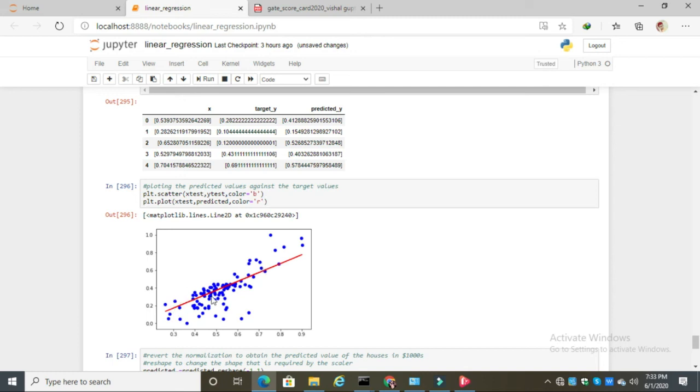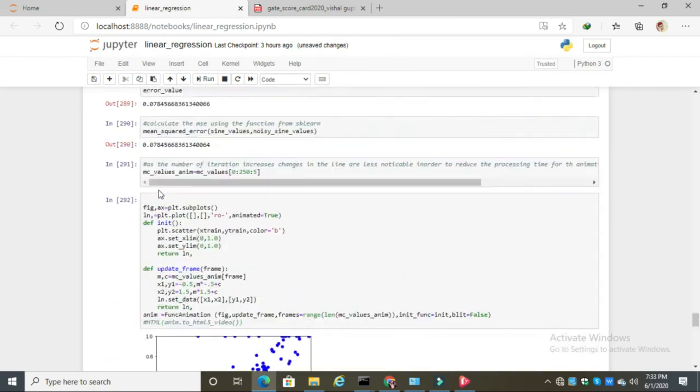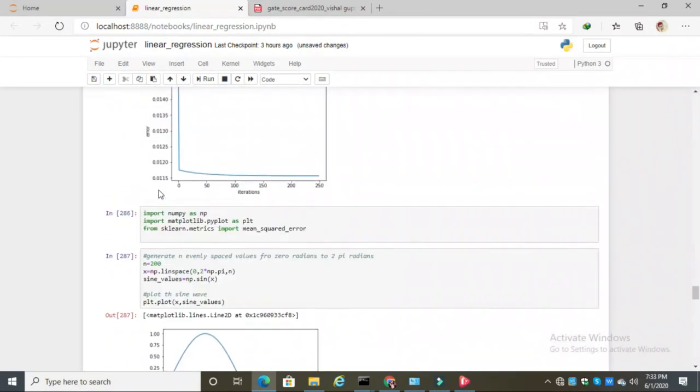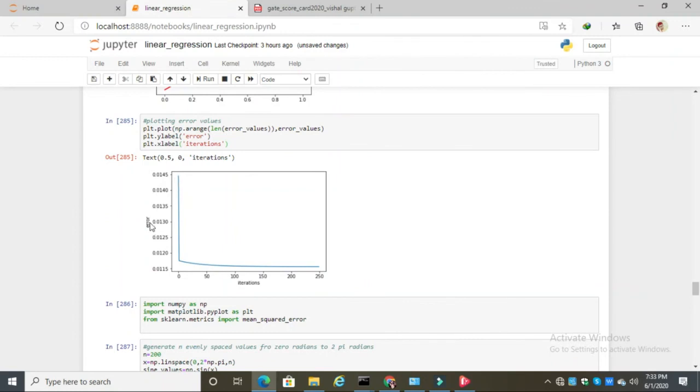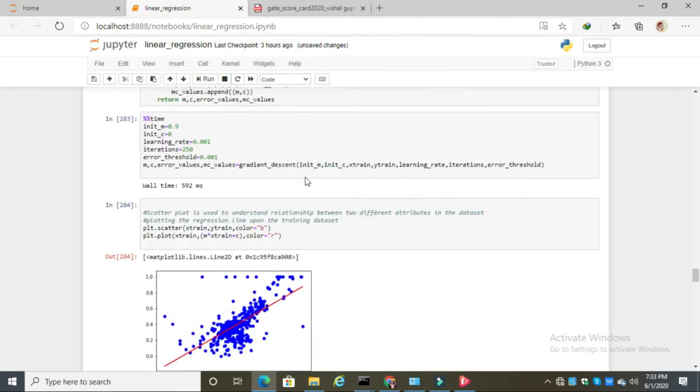That's why we are getting the positive slope here, and the predicted mean squared error is 0.015. And see, the curve between the error and the iteration has also changed. Here see the curve has a positive slope.